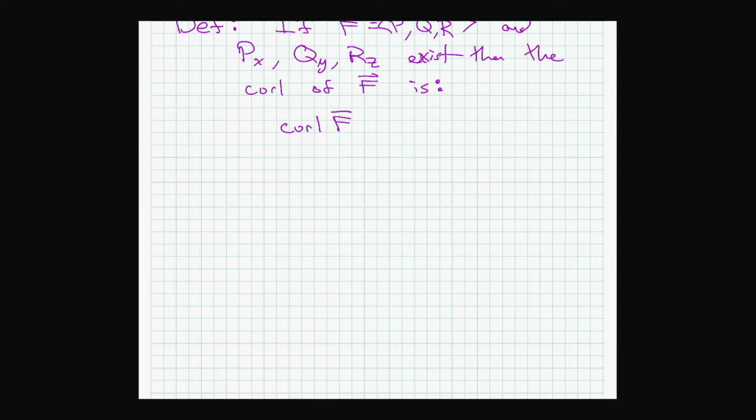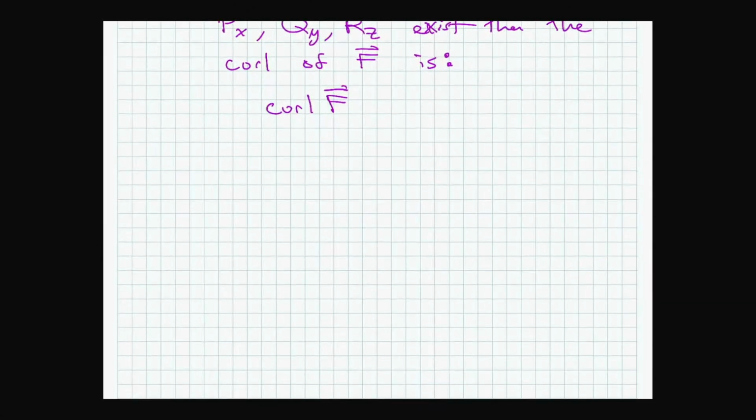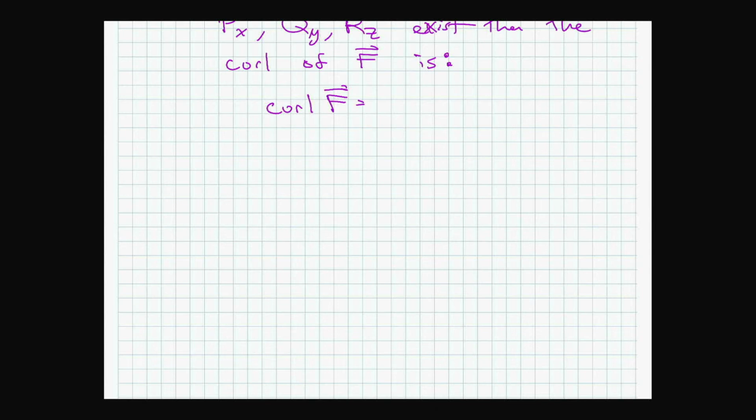We write curl F. And here is what it is. Kind of a little bit awkward to write. It is Ry minus Qz i